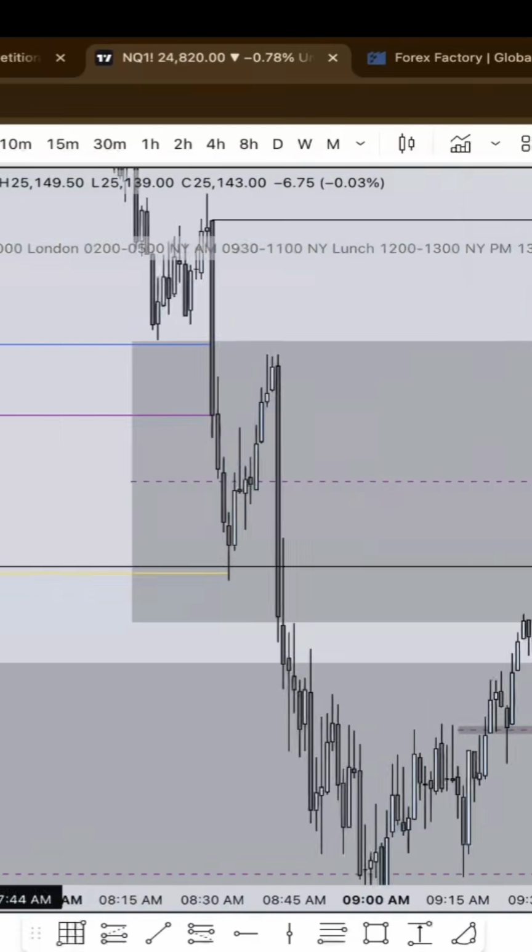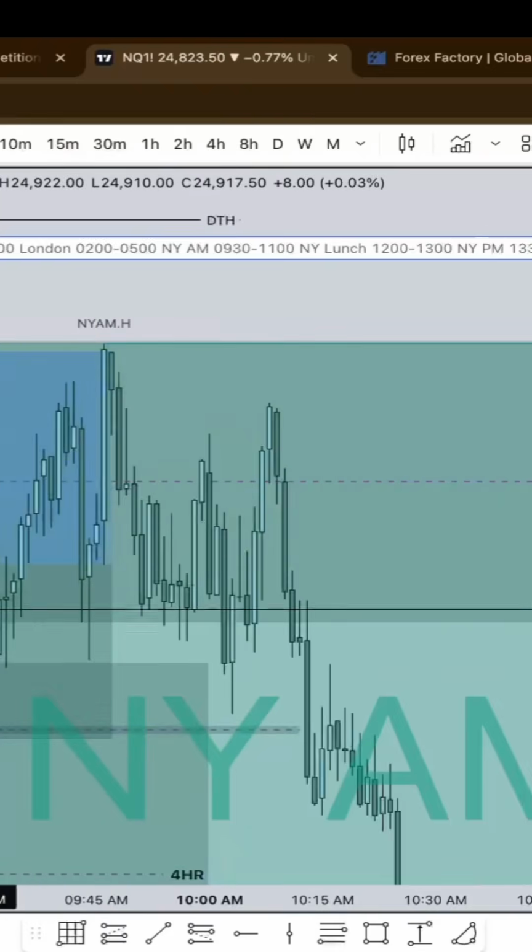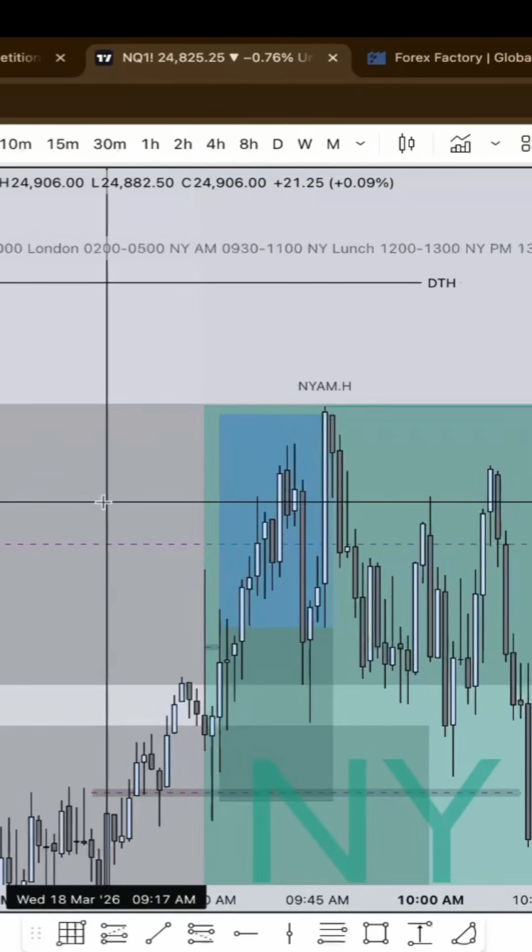Shorts were good. Conditionally, we were respecting a discounted 15-minute